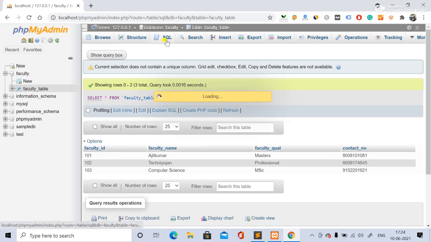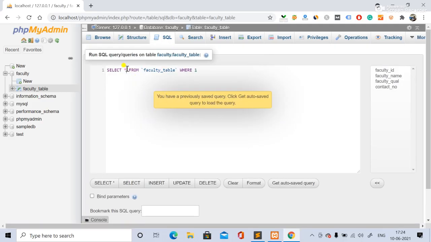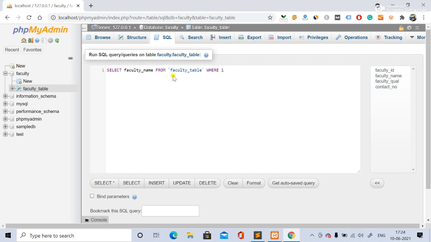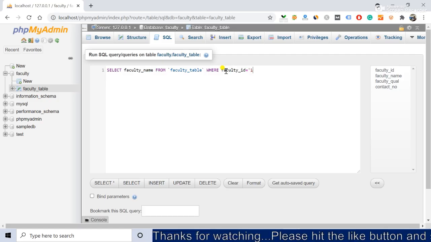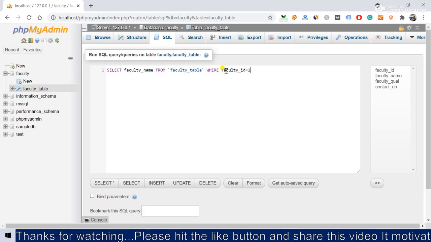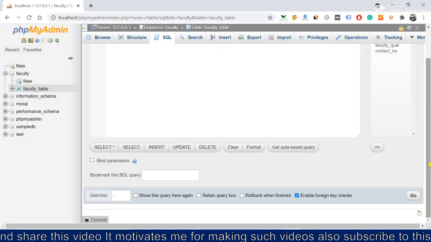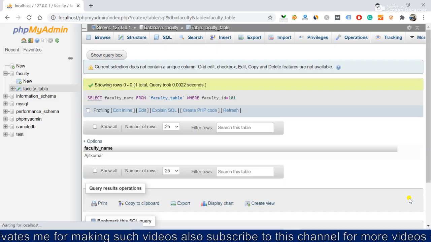Now what we'll do is, again we'll go to the select query, and we'll try specifying some condition, that is select faculty name from faculty table, where your faculty ID is equal to, you can say 101, like this, and you can click, and we'll go over here.